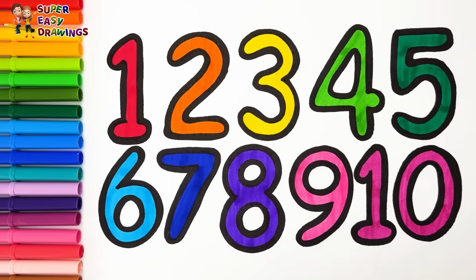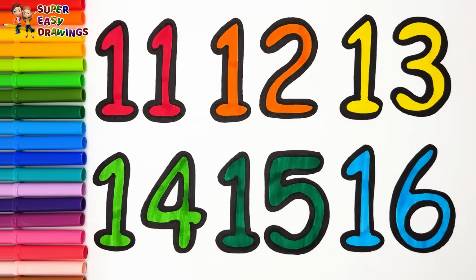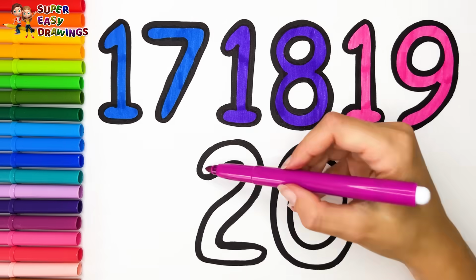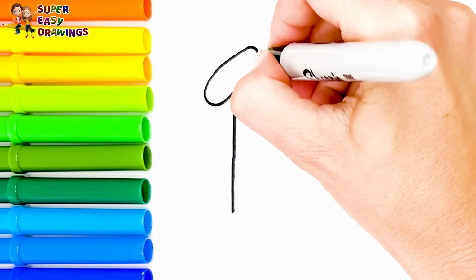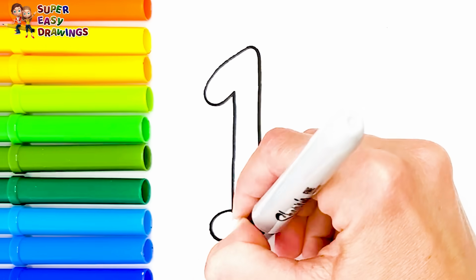Today we are going to draw and color the numbers from 1 to 20. Let's start drawing. I'm going to draw the numbers one by one and color them with the colors of the rainbow. 1,